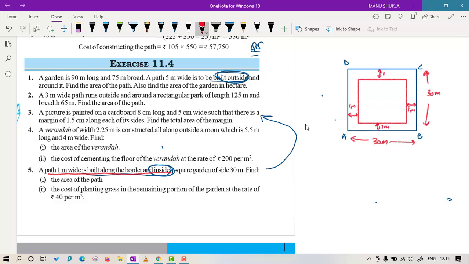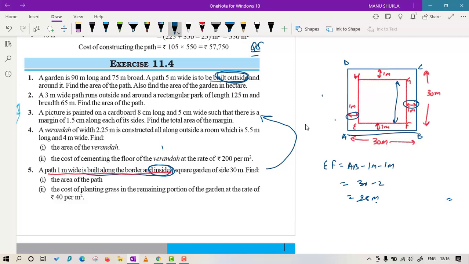Let me call it E, F, G, H, because naming these figures helps me a lot while describing what I'm doing. So I can say first how to find the value of EF. Very simple. As it is inside, we need to see that AB is the larger thing. If we subtract this left and this right, I will get the value of EF, that is AB minus 1 meter minus 1 meter, that is 30 minus 2, that is 28 meters, and similarly we will get 28 meters here also in the same way as I have done for question number 3. So no need to do anything extra, just solve it and get the answer.